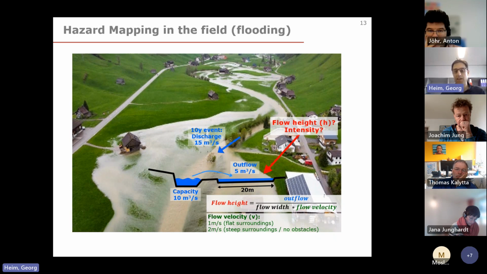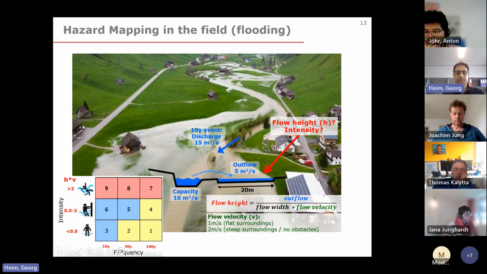A very simple one, which is used by many engineers as well: in flat surroundings outside of the channel, you can work with 1 meter per second. That is the velocity of a person walking normally. Or double, 2 meters per second, for steep surroundings or areas where you don't have any obstacles, no trees, no forest. So if you work in this flat area with 1 meter per second,